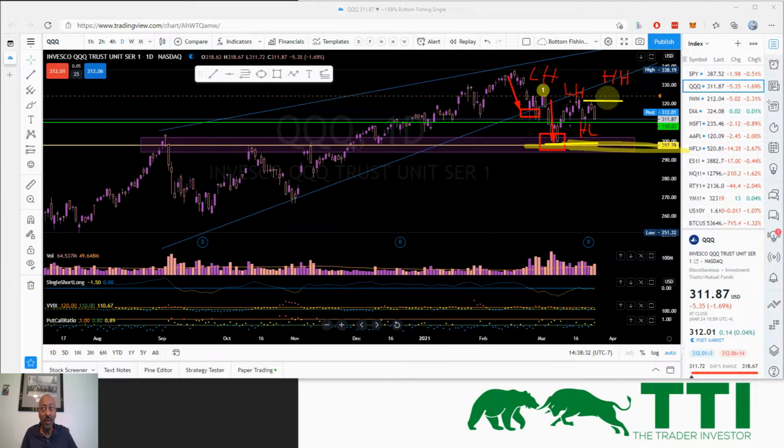So at this point, I can enter. So this is looking forward, how we project the next moves. But now let's look at the real example of what happened a few weeks back. So when we look at a few weeks back, when price entered the area of value, then price made